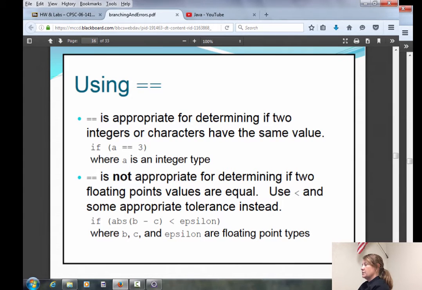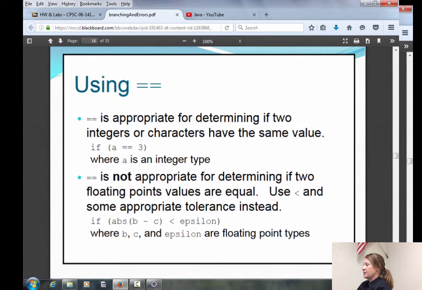All right, looking at our equals operator. It's appropriate for determining if two integers or characters have the same value. But a lot of textbooks and tutorials will tell you it is not appropriate for determining if two floating point values are equal. Because remember, a lot of times when a computer translates a decimal number with a fraction into binary, sometimes there is some type of error.